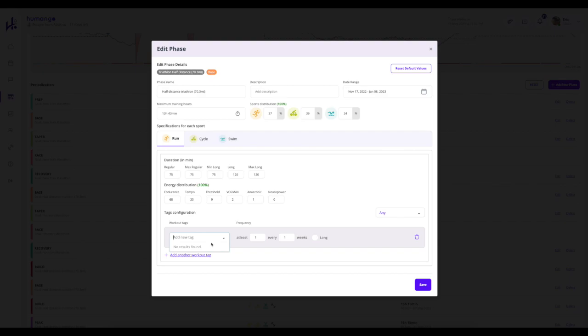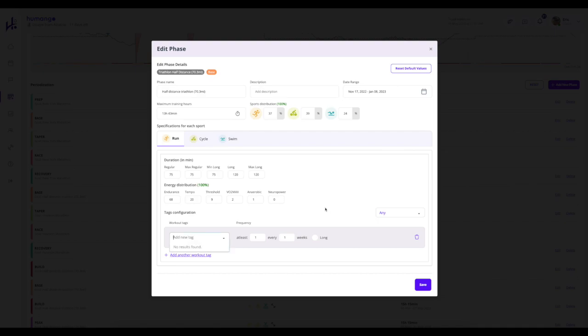But if you wanted to force certain workouts to be picked on a certain frequency, you can change that. So you could have at least 1 in this situation every 1 week. You can change that. It could be 3. I mean, you could get to an extreme where you end up not getting any AI planning at all. So obviously, be careful, and you can force the long as well.